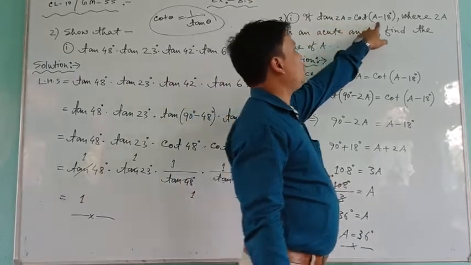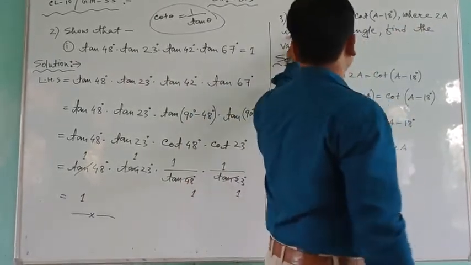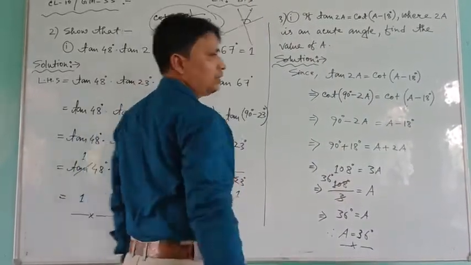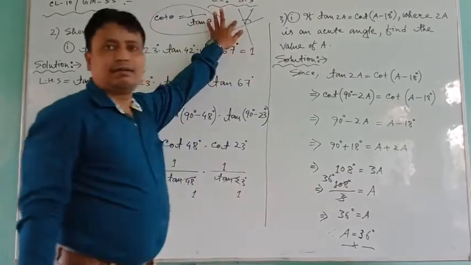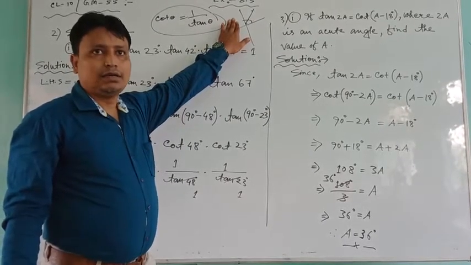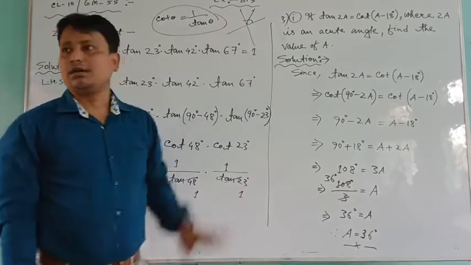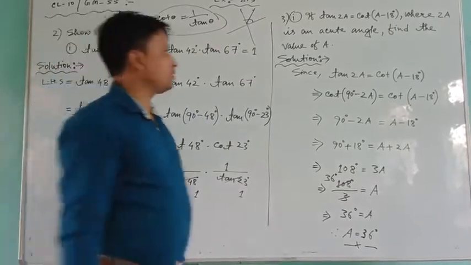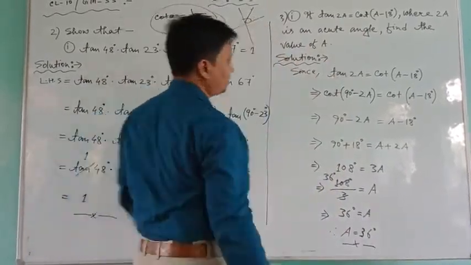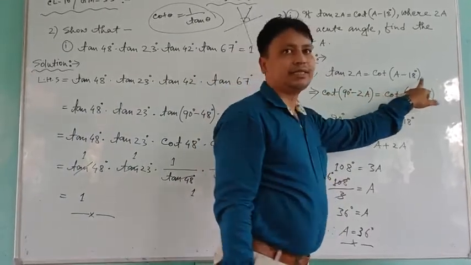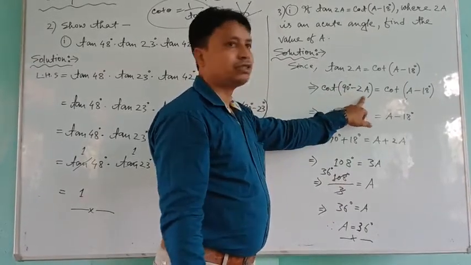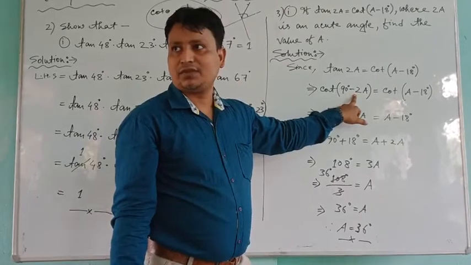Next one, see. If tan 2A equal to cot (A minus 18 degree), where 2A is an acute angle. If it is an acute angle, that means it is under the first quadrant. An obtuse angle, more than 90 and less than 180, is under the second quadrant. A reflex angle is either under the third quadrant or the fourth quadrant. You try to remember these things. So this one is an acute angle, so that 2A we have to break first quadrant wise. That's why it is written tan 2A equal to cot (A minus 18 degree). So tan 2A, in reverse order you just break cot as 1 into 90 minus 2A. 90 minus 2A is representing the first quadrant.